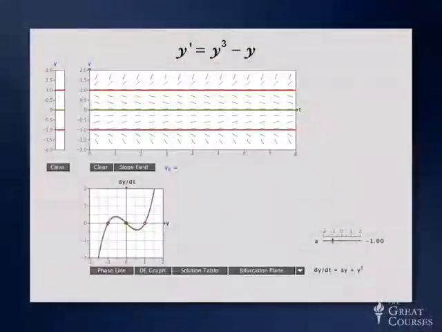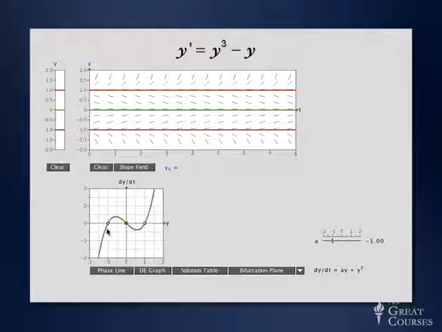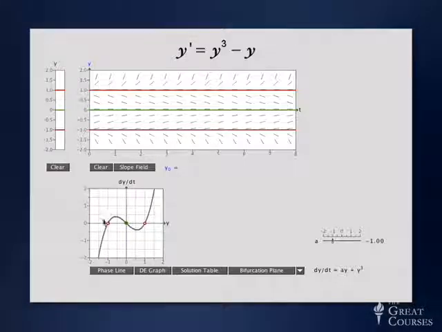Let's look at those solutions. Here again is the graph of our differential equation. The right-hand side has equilibrium points at minus 1, 0, and 1. The derivative at 1, as we just saw, is positive, as it is at minus 1, whereas at 0, the derivative, the slope, is negative. So from the first derivative test, we know that